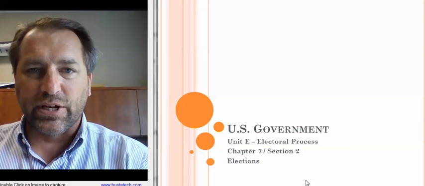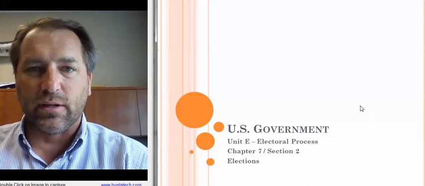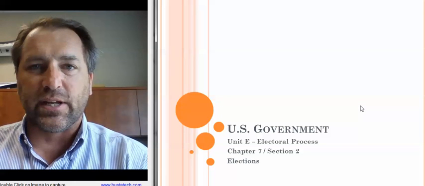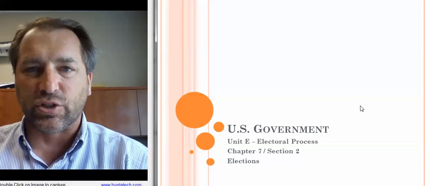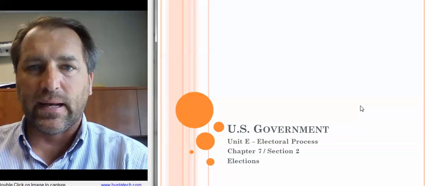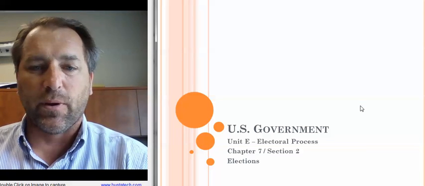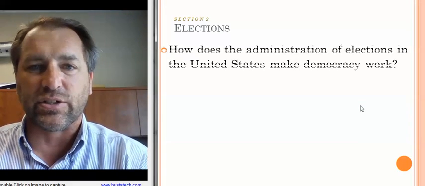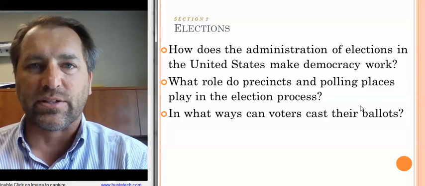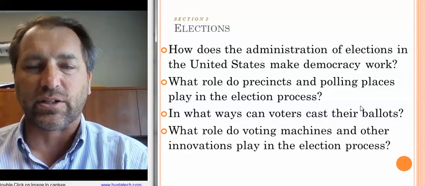Okay, continuing on now with Unit E, elections, we'd like to take a look at Chapter 7, Section 2. So again, hopefully you've read your textbook on Section 2 and prepared for some activity on elections in class. There are many different types of ballots and ways of conducting elections based on the local